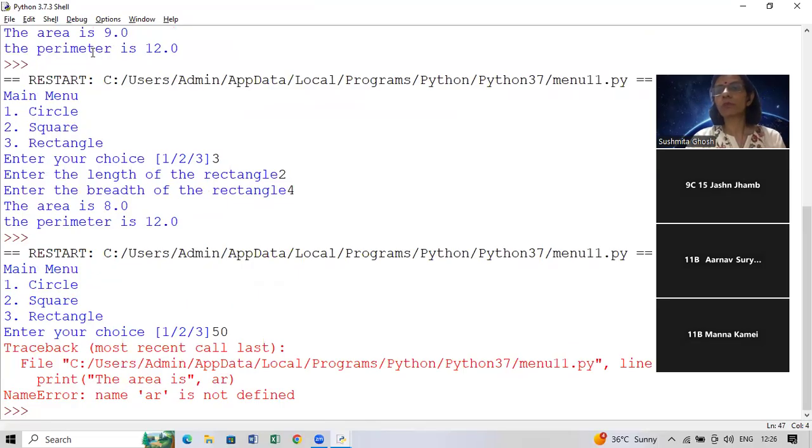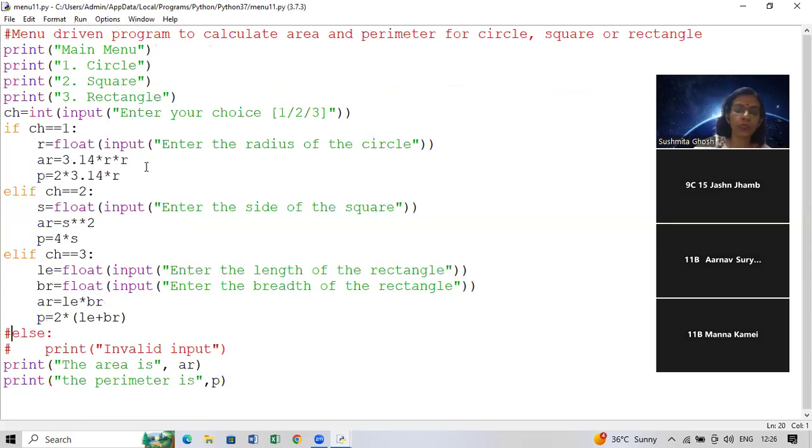Same problem because AR is not defined. है ना? तो इसका क्या solution? Now one solution to this problem is that, definitely what Arnav said, that I can take these two print statements and put it in this. Here also, here also, here also, all the 3 options. That is obviously there. Second option is that